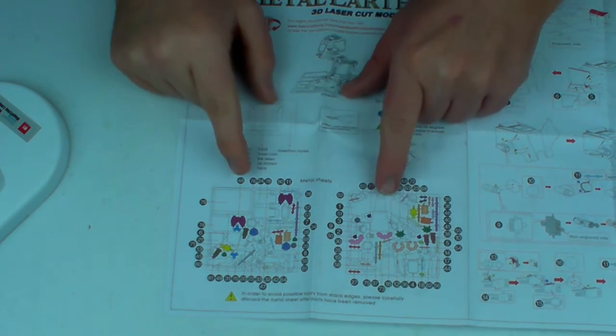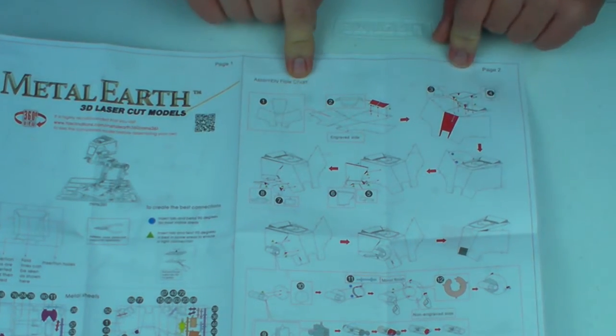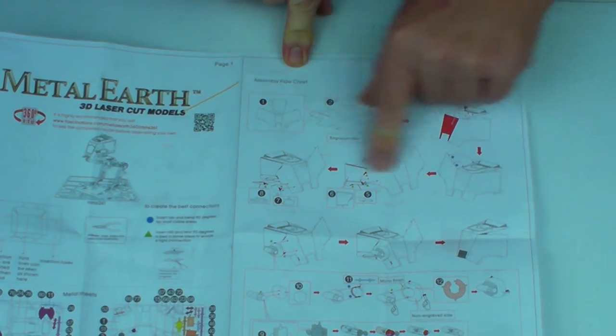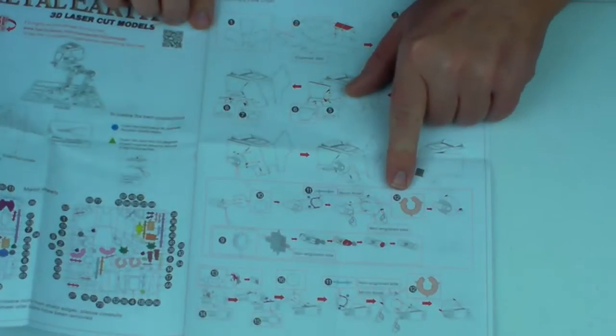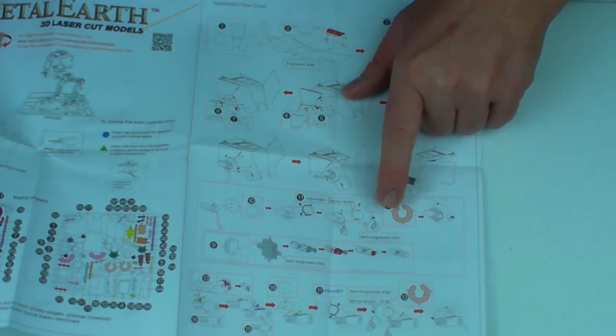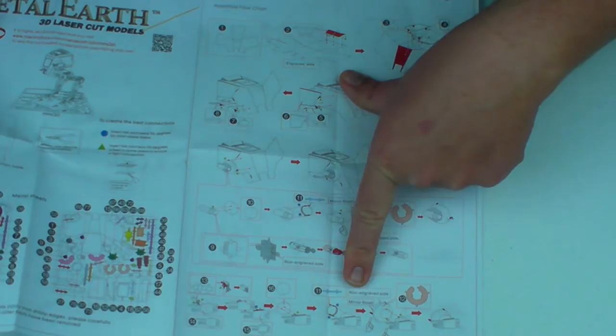And they even go so far as to putting this color in the instructions, which start on page 2, or the assembly chart. You start with part 1, 2, 3, and follow it. Down here you see part 12 has a color to it. So this is one of those pieces that is more than one of the same. And if we flip over, we've got page 3 and then 4. Just follow on through. And we have the second sheet, 5 and 6,